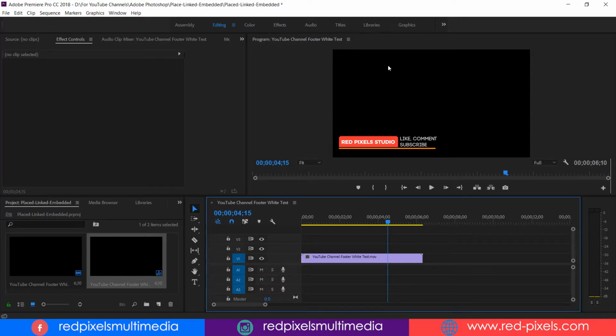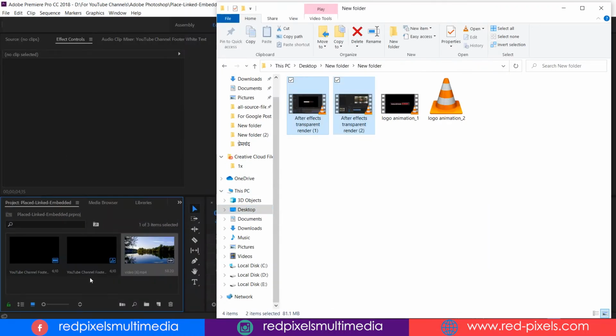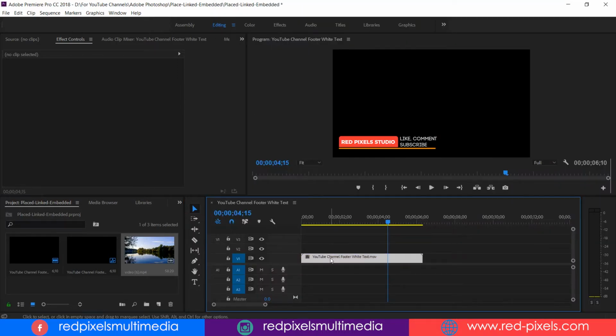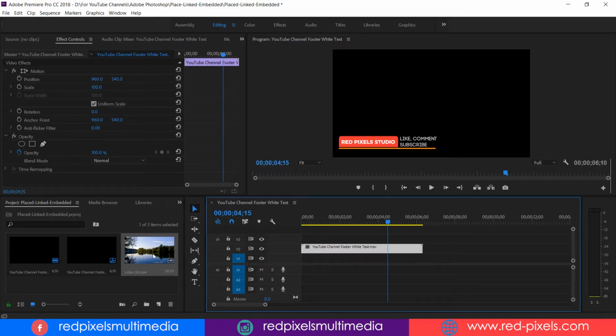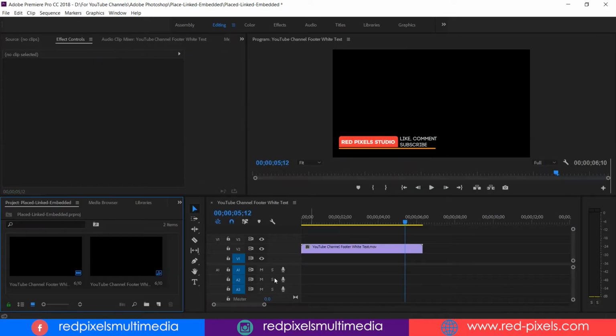Don't worry about this blank area. That is absolutely blank area. See, what I am doing here is placing another video so that you can understand it better. Now I am moving it on top and placing this video just under the top layer. Now you can see it's absolutely transparent. Okay, so let's delete extra layers